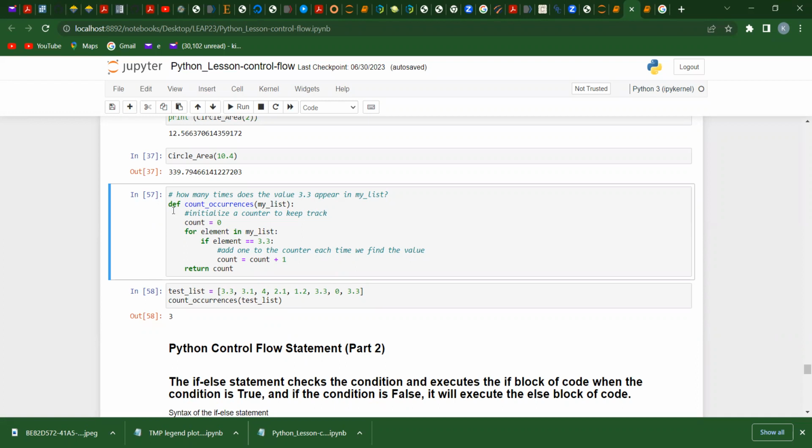And to do that, we define what we call count underscore occurrence. That's the name we give to it. In brackets, my list, right? So my list is the data that we've collected that has the information. Now, to do that, we need to create what is called a counter. That counter will be the one that will help us to count. So the count here is 0. That's the beginning. Now, for element in my list, for every element in my list,